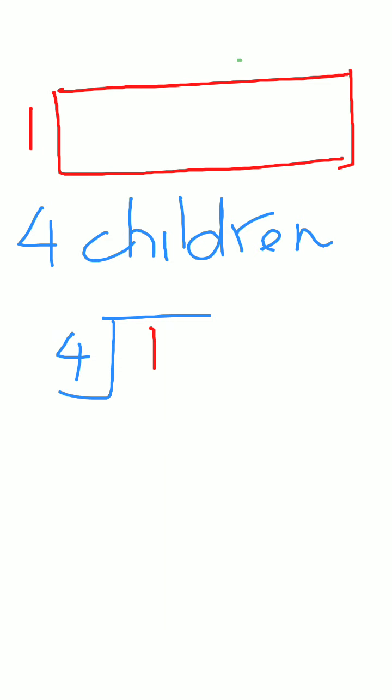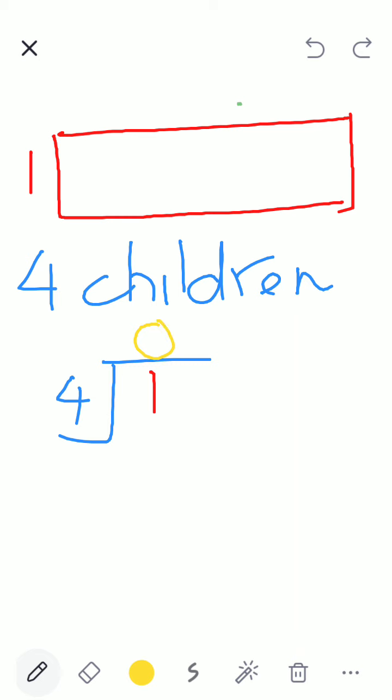Four zeros are zero. So remainder is one. That means this one chocolate is remaining. Then what will I do? Point. Very nice. So I will put a point. Can you see the point? What am I doing when I make the point? I'm adding zero. But what am I doing to the chocolate? How many?